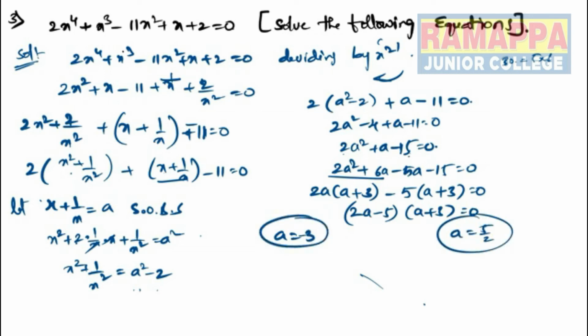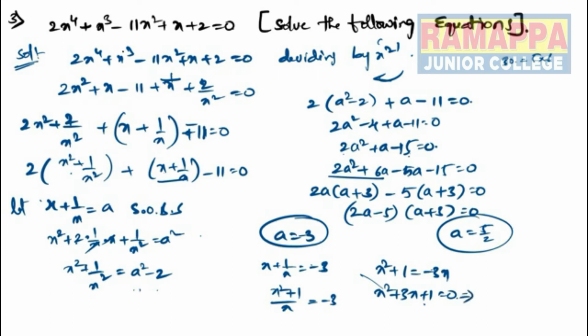Okay, so if I take a is equal to x plus 1 by x is equal to minus 3, so in this it will become x square plus 1 divided by x is equal to minus 3. So it will become x square plus 1 is equal to minus 3x, and x square plus 3x plus 1 is equal to 0 will come. So if we do factorization of this thing, so minus 3 then it will become plus.